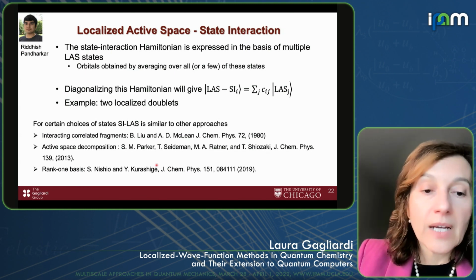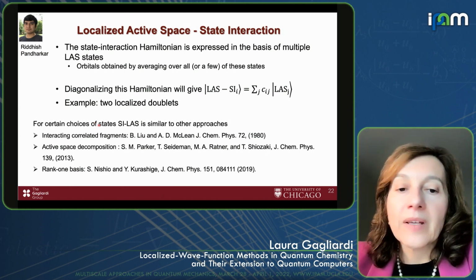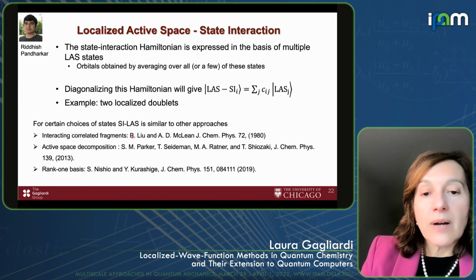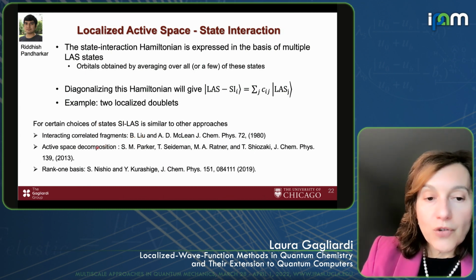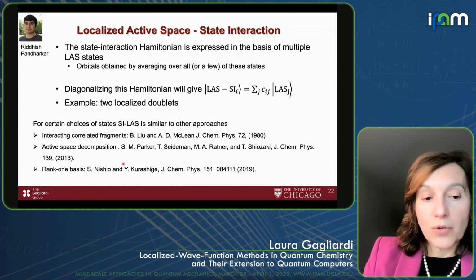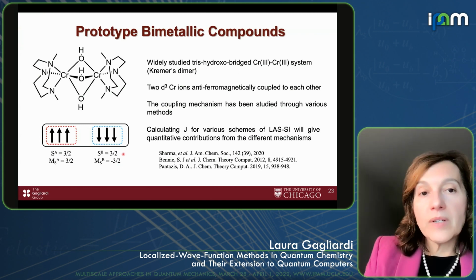Before saying that, of course, it depends on the choice of LAS-SI states that one makes, but there are similar approaches in the literature. For example, one is pretty old, the interactive correlated methods, or again, the active space decomposition or rank one basis method. So let's look at how LAS-SI works on these